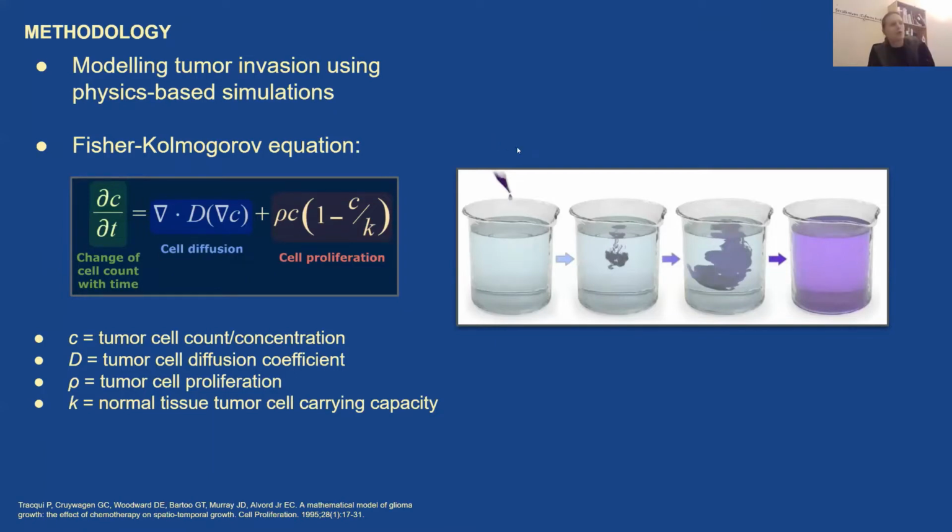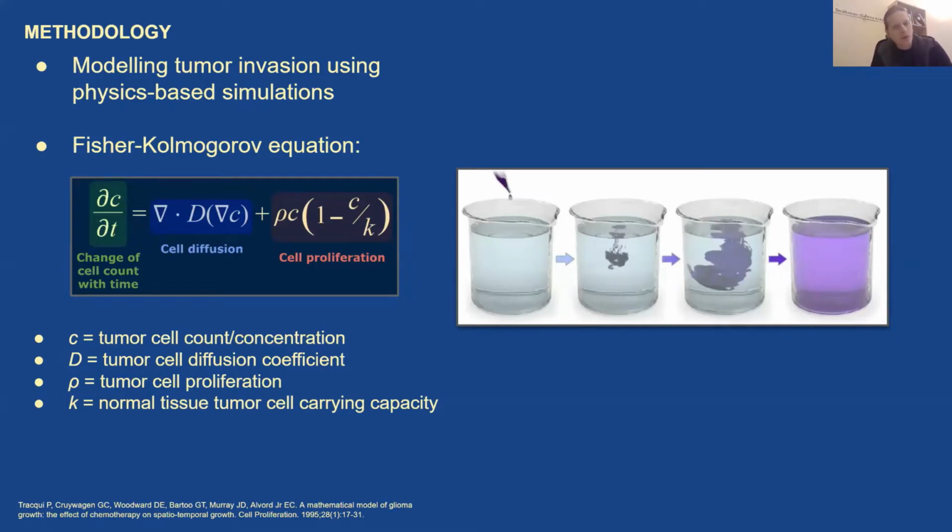Aside from the diffusion, we have proliferation. Cells can multiply, and the more cells you have, the faster the whole population grows. So this becomes a function as well of the proliferation term, the cell concentration. There's also a parameter K. This is the normal tissue tumor cell carrying capacity, and this limits the number of tumor cells we can have in a given volume. From a physical point of view, but also from a biological point of view, because normal tissue can only support as many tumor cells. So this equation gives us the change of tumor cells with time.